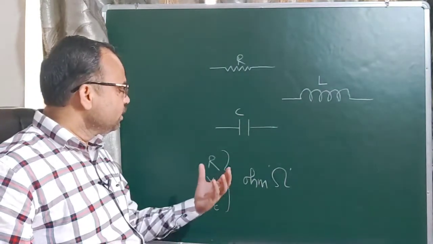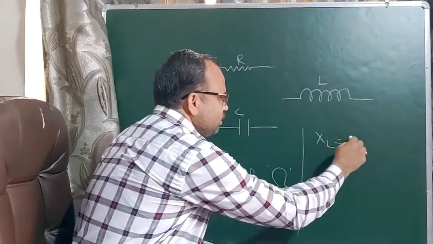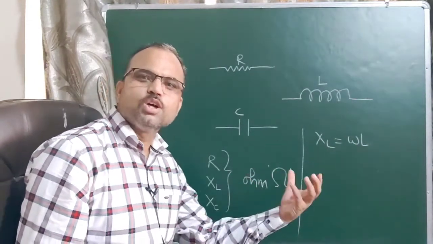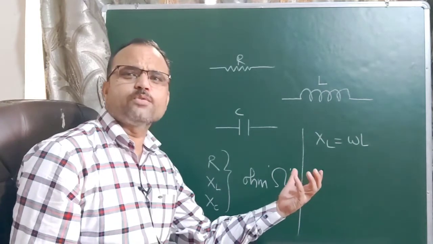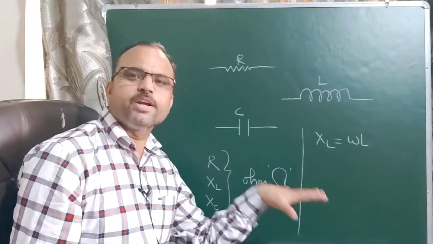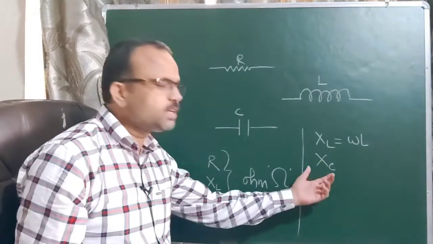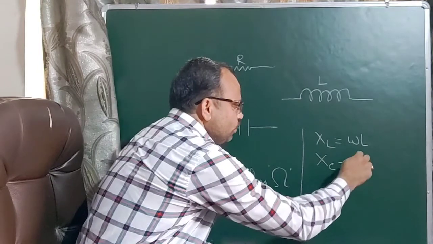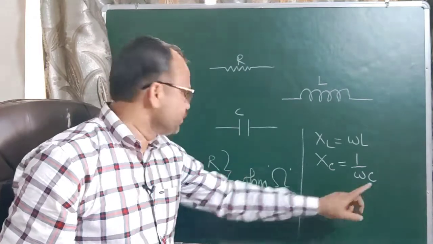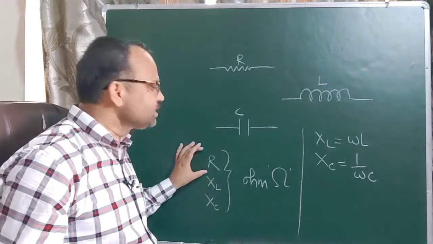Now what is the formula of XL? The formula of XL is omega L. What is omega? It is the angular frequency, and its value is 2 pi f. Here f is the frequency of alternating current, which is always 50 in our India. Now another important term is Xc. Here Xc is the reactance of capacitor, and its formula is 1 upon omega C. C is the capacitance of a capacitor. And you are also well known with the resistance R.